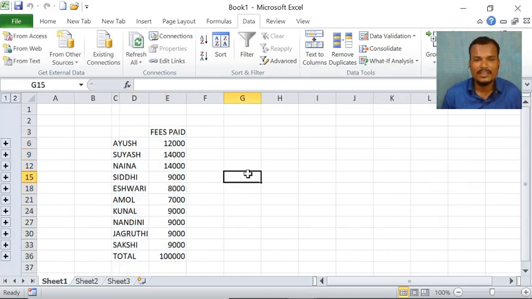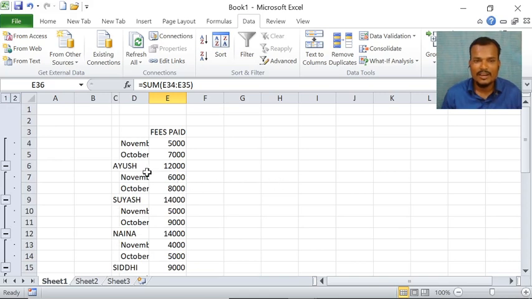Now you observe here, this is the other new workbook which we have taken. In that the complete details will come. You observe here, total fees paid. Ayush, how much paid? If you want to see the complete details, the total also came here, 1 lakh. Just click on 2 and it will come. See here, Ayush in November paid 5,000, in October 7,000.